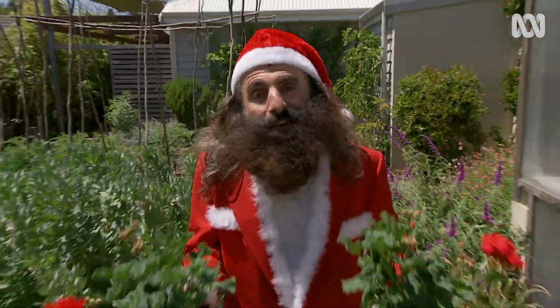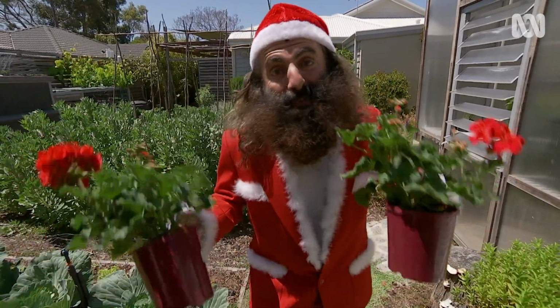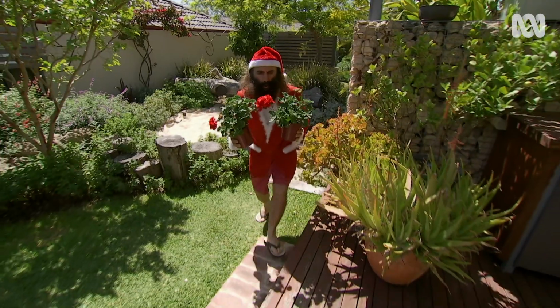What Josh and the kids don't realise is that I'm dropping in to lend a helping hand, and I've got these two plants for them to plant up in their pots. I'll lay mine down. Oh,